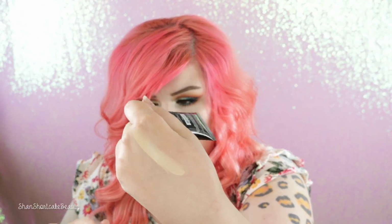They finally had a foundation or BB cream that I felt was light enough for my skin. So I was super excited. I'm going to pop this guy open. Let's swatch it. I feel like it might be a little too orange, but honestly, it's not bad. It feels like it's going to be pretty hydrating. It's very yellow. Not bad at all, honestly, compared to the last one I used, which was not even near